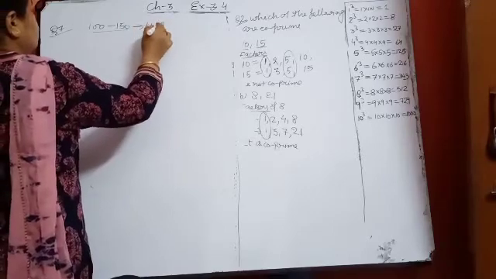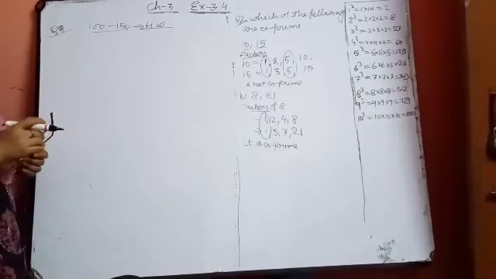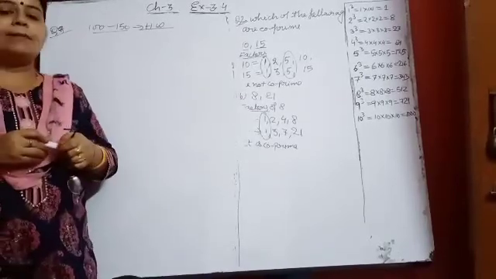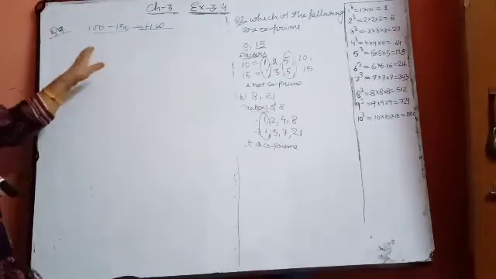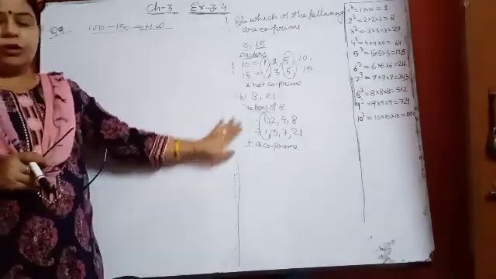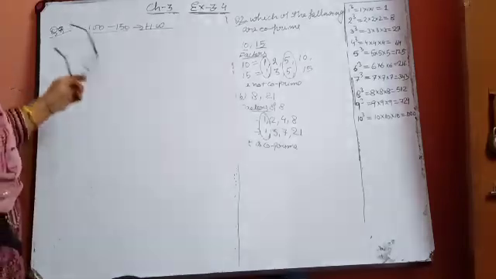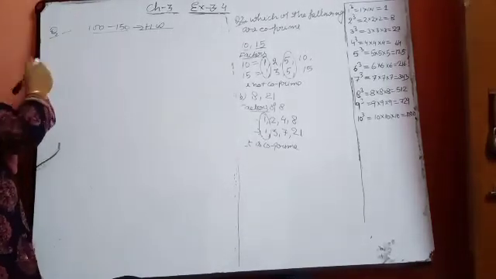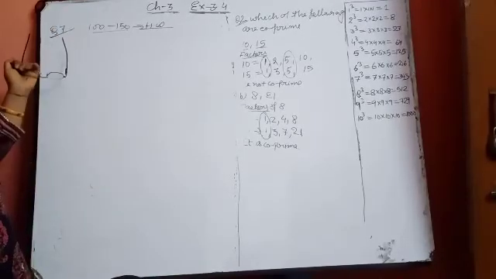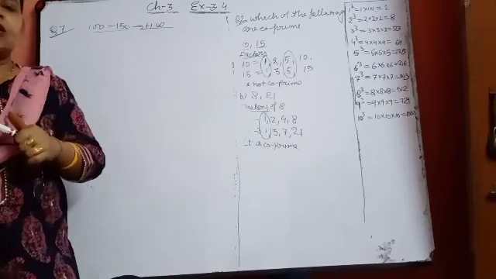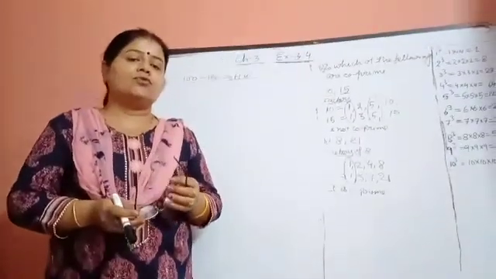I am not going to do this one because I have already taught you a similar question, and I have taught you how to find twin prime numbers. First write all the prime numbers and then select the twin primes between 100 to 150. So everybody will complete up to question number 7 of exercise 3.4. Then in the next class we will discuss question number 8. If you have any doubt, you can put it on my personal WhatsApp number so that in the next class I can discuss your problems.